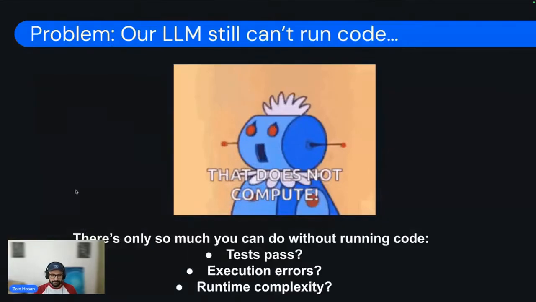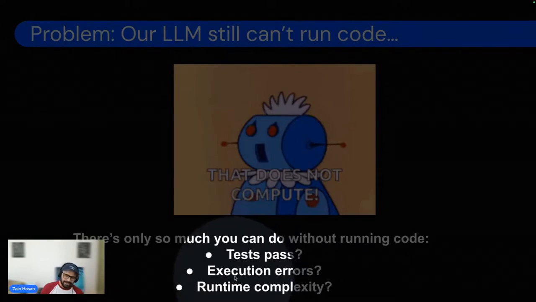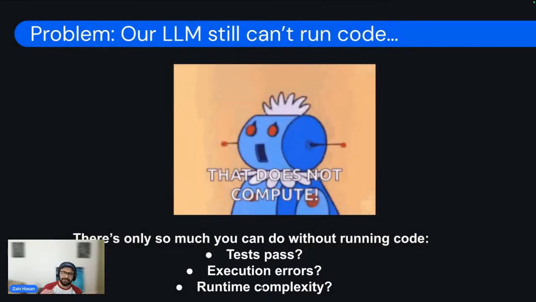Okay, I'm running out of time, so I want to move a little bit quickly. The next problem that I want to solve is that these language models still can't run code, right? They can search for code, they can edit files, read files, but they can't really run code. And if you can't run code, that means that you don't know if the code you're writing is passing tests, if you're going to get execution errors when somebody does run it, and you can't even optimize the code, right? If you can't run it, you can't understand the memory footprint and the runtime complexity of the algorithm. You can do calculations, but it would be good to be able to run it and get an understanding and